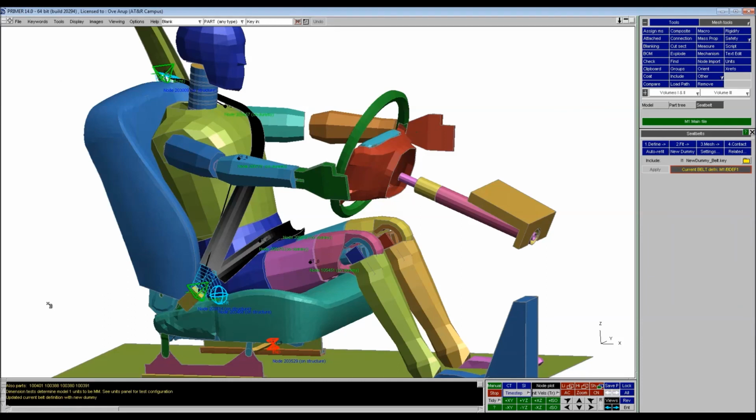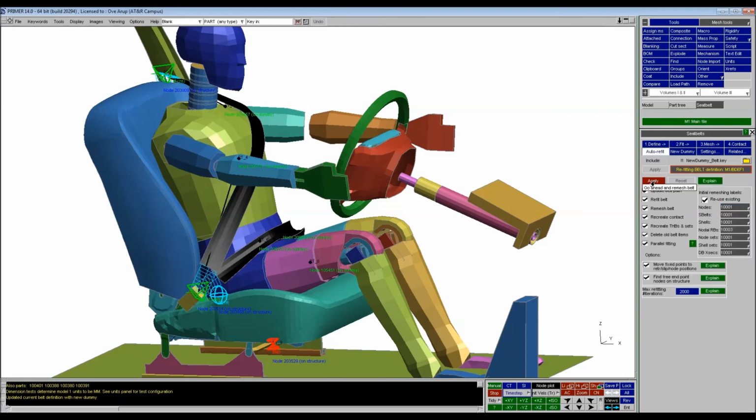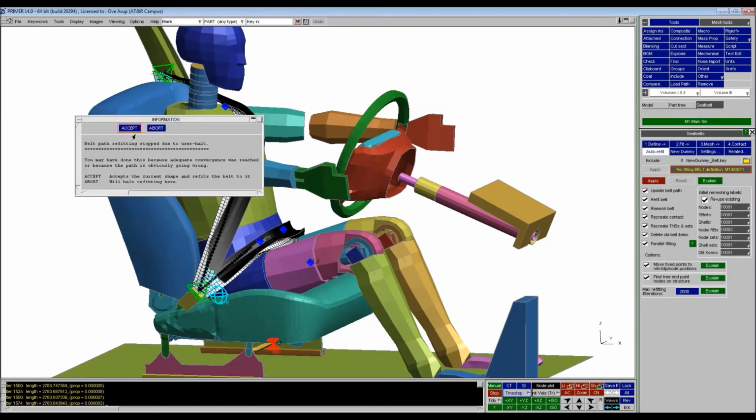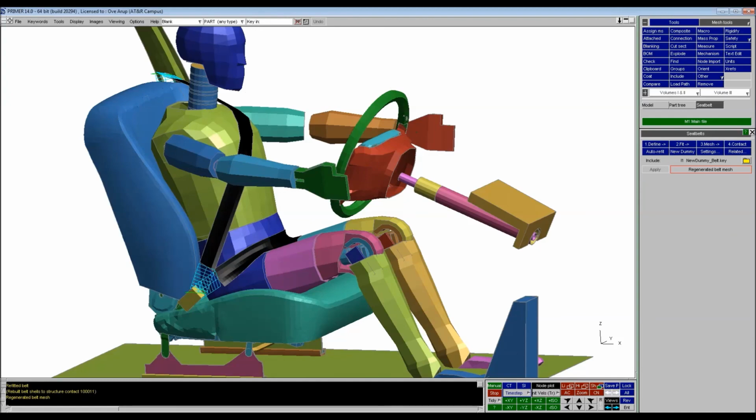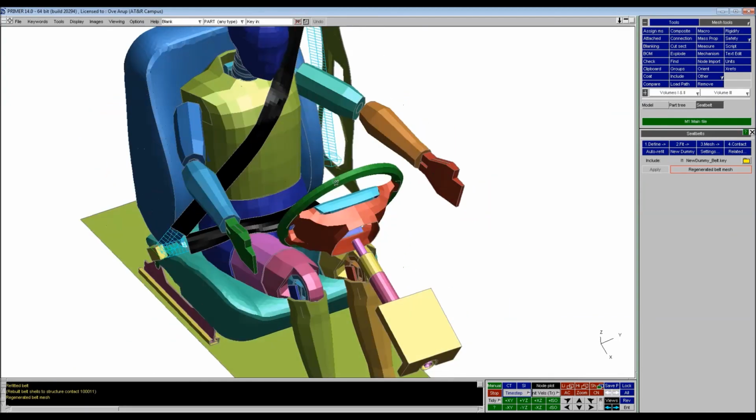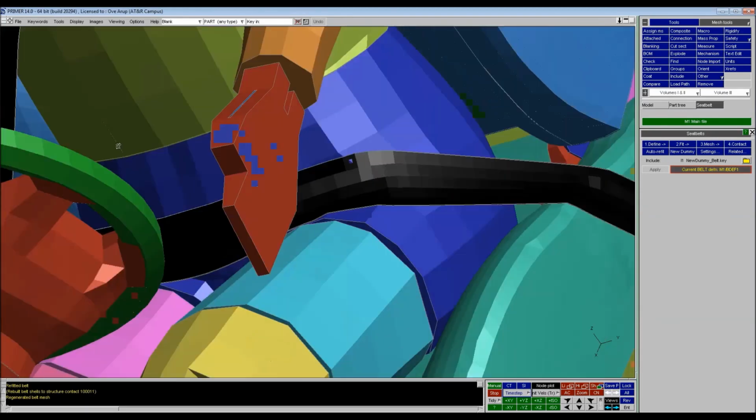And now that's fixed my definition, so it's updated it and there's no errors. And now I'm free to do the auto refit just as before. And then this time Primer's pulling the belt over the new occupant. So I just stop that early. If I stop it early, I have the option of aborting or accepting. I'll just accept. I get my summary option box, and then of course we need to inspect it,